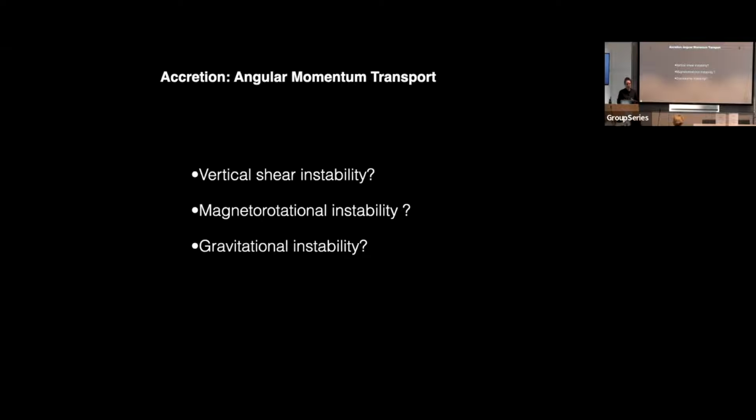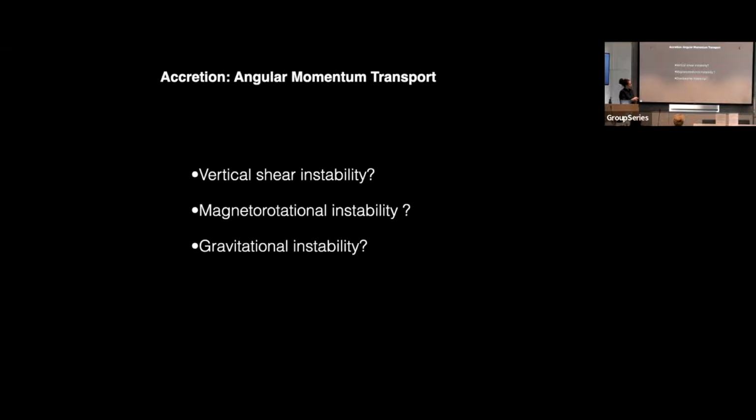So for an object in true Keplerian rotation, if you displace a fluid element, it's always going to have a restoring force acting on it, trying to push it back to where it originally was. What this means is that there's no instability in this concentric laminar flow. You need some degree of turbulence to have it. There are a few good candidates. For example, the vertical shear instability. It's a really promising candidate mechanism to produce turbulence in the outer part of the disk. Essentially, it has to exist in any disk for which there is a radial temperature or entropy gradient.